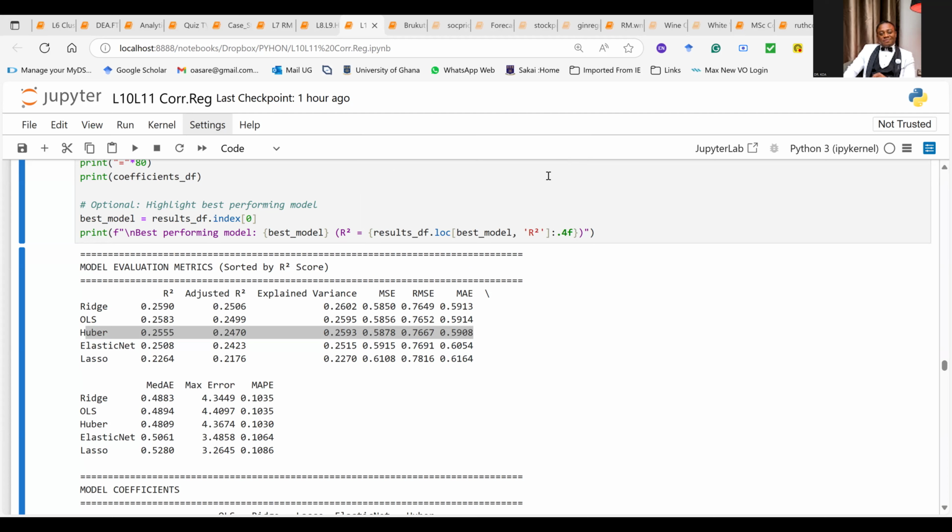But we have organized this thing based on the R square. And what do you do? In your tests, in your exams, you're going to have something similar like that. That's what you're going to have. Okay? In your exams, you're going to have something similar like that. Sorry, not in your exams. Yes, in your exam, you're going to have something similar like that. But in your long essays, you're supposed to also note that you will have that principle of coming out with some of these in your results.